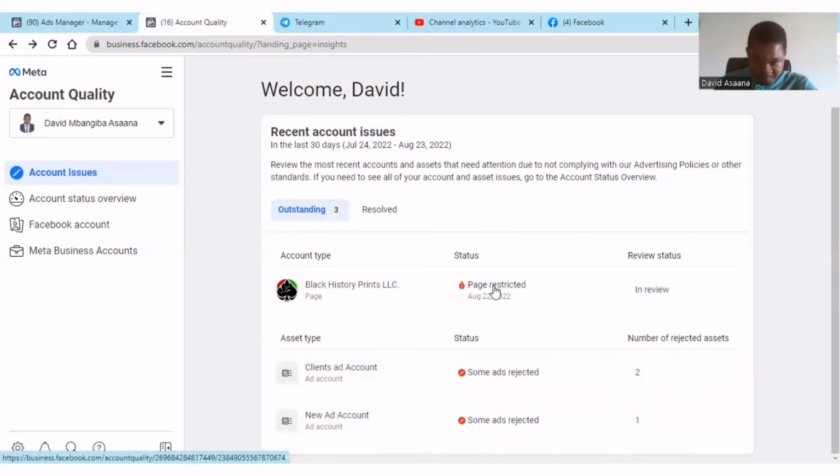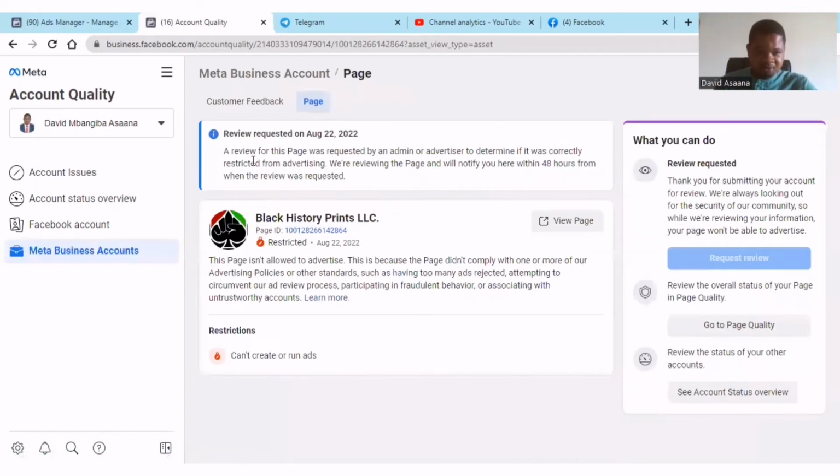Then when I click on the page, there would have been an option here for me to upload my ID card for identity verification again. But as you can see, this one, a review is already requested. But I'm just trying to let you know that